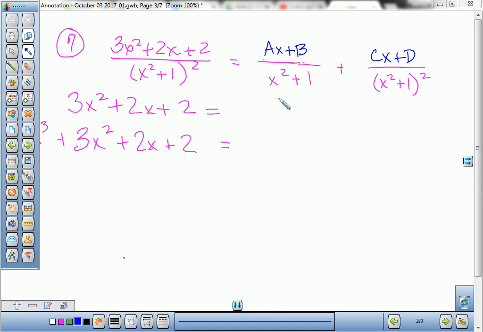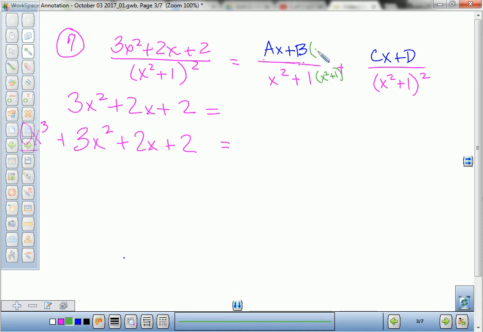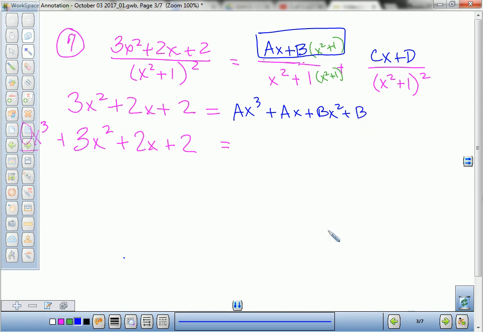Now, when I'm deciding what to multiply by, I have to get back to this denominator. Right now, I have an x squared plus 1. So basically, this fraction has to be multiplied by an x squared plus 1, so that we have the same denominator. So, the a plus b gets multiplied times the x squared plus 1, which makes a x cubed, which is where some of you stopped, plus ax plus b x squared plus b. Okay? Now, this fraction was already over the common denominator. It gets multiplied by nothing. So we have,